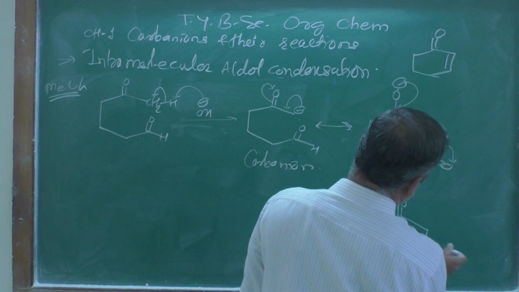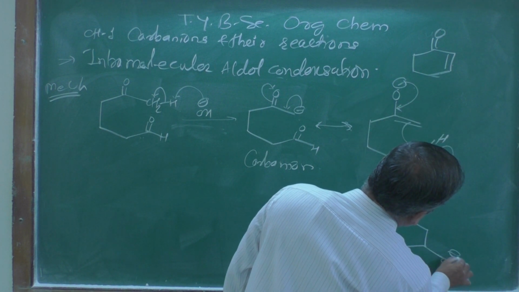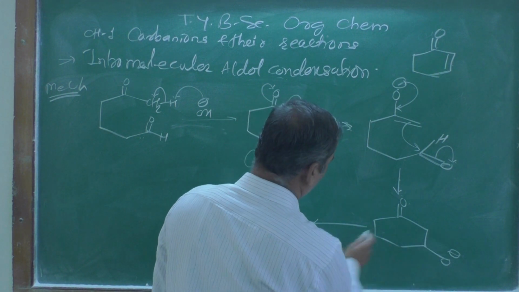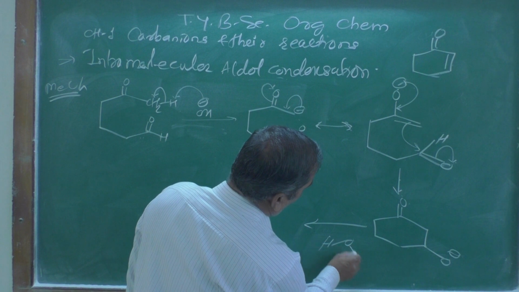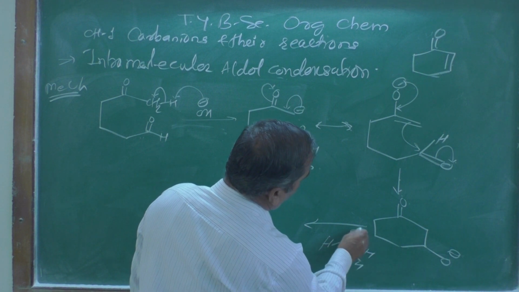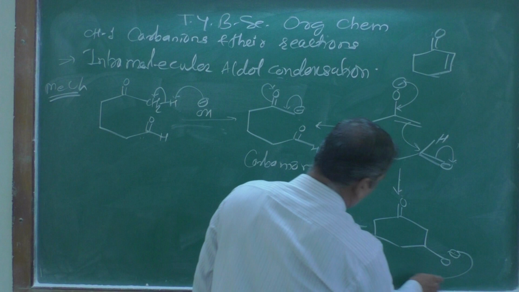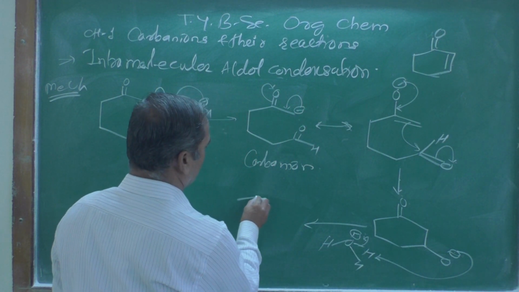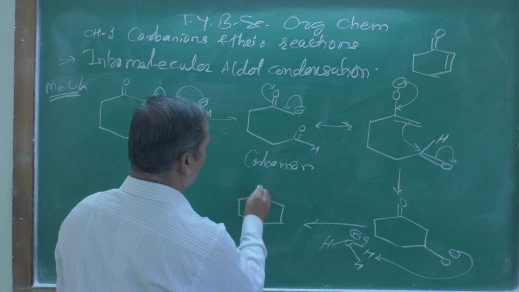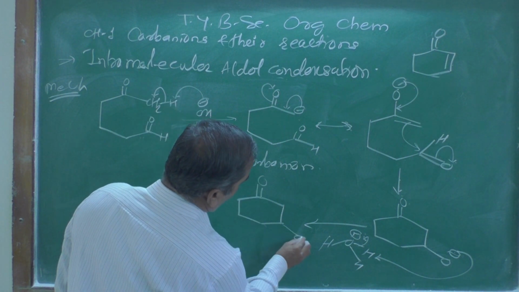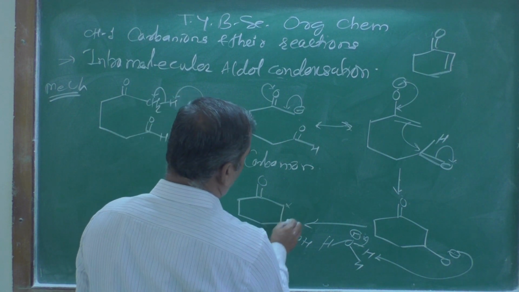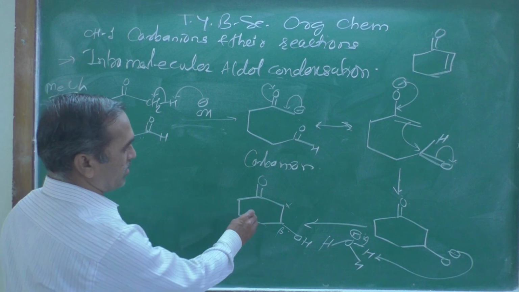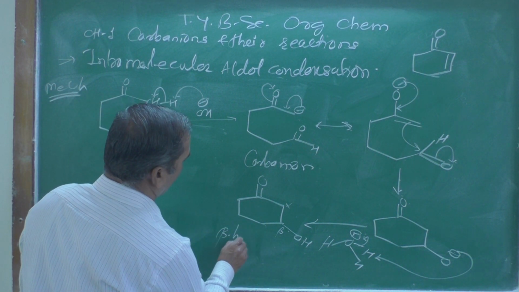Now the O minus, the alkoxide, further picks up a proton from the solvent, OH. Hydrogen with a positive charge picks up the proton like this, neutralizing the charge. The resulting compound will be formed, C double bond O, with an OH. This one is alpha, this one is beta. At the beta position there is a hydroxy group, and therefore it is known as a beta hydroxy